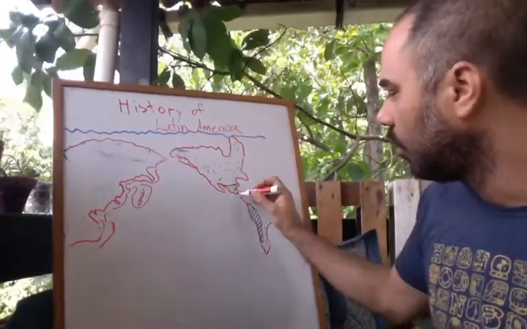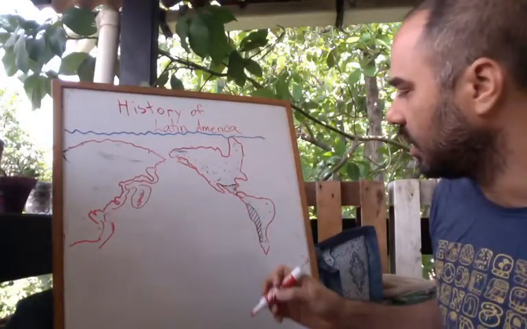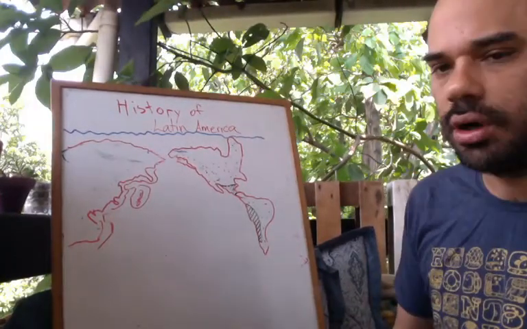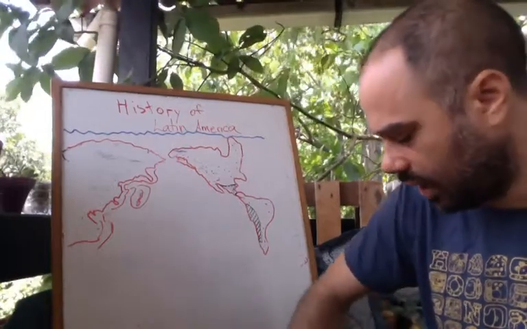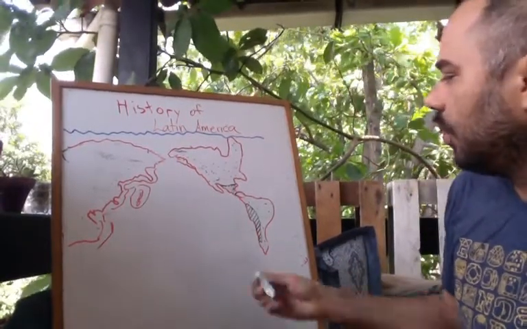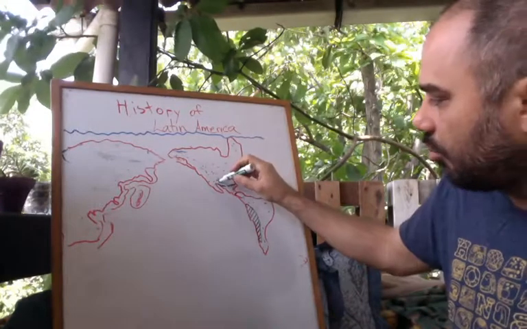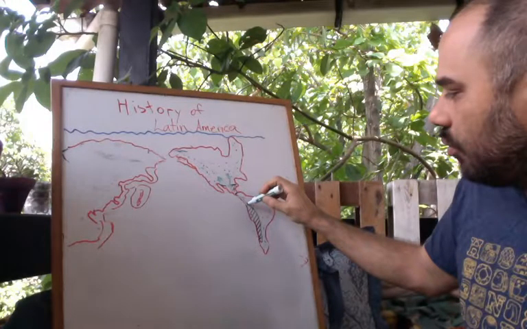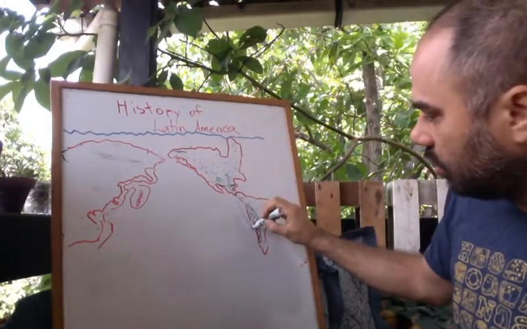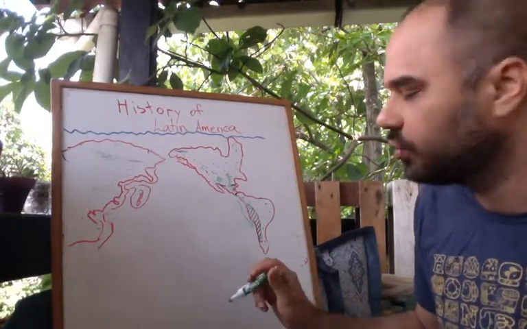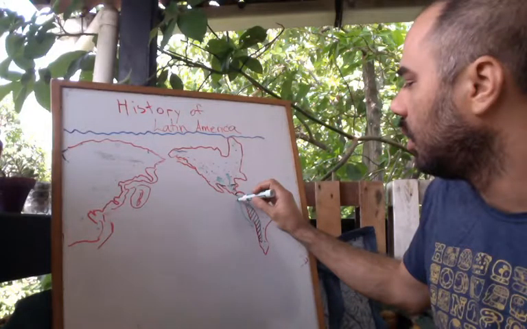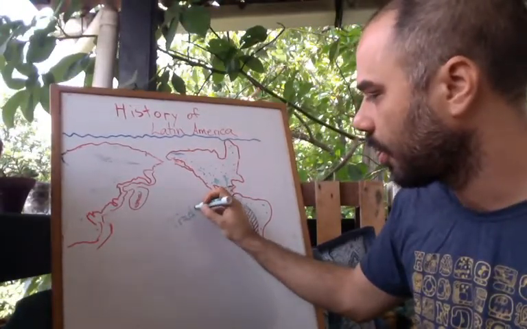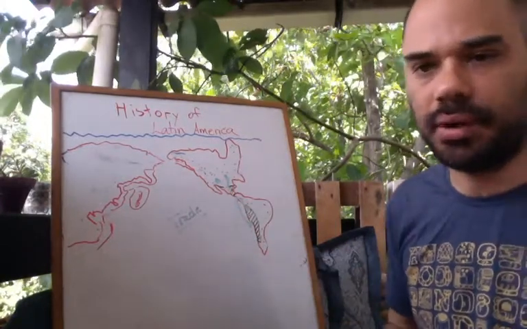One thing we have to consider is that Mesoamerica was not isolated from the rest of the Americas. They made trade. They had healthy trade within their empire, and also with North America and with South America. It is known that they could travel by boats along the coast, and there was trade going on throughout the Americas.